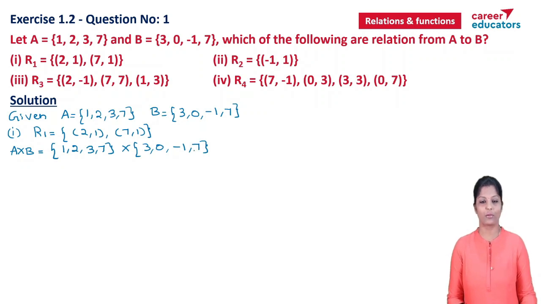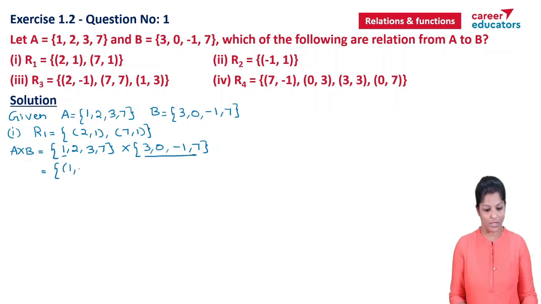To find A cross B, we have to pair each element of A with each element of B. Take the first element of A and pair with all the elements of B. We will get (1, 3), (1, 0), (1, minus 1), (1, 7). Likewise, we have to do it for the remaining elements of A. We will get